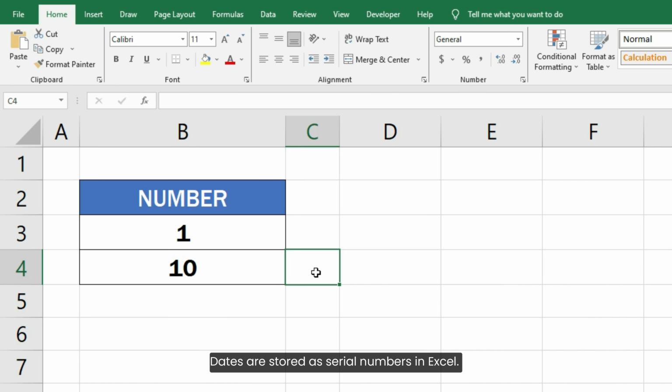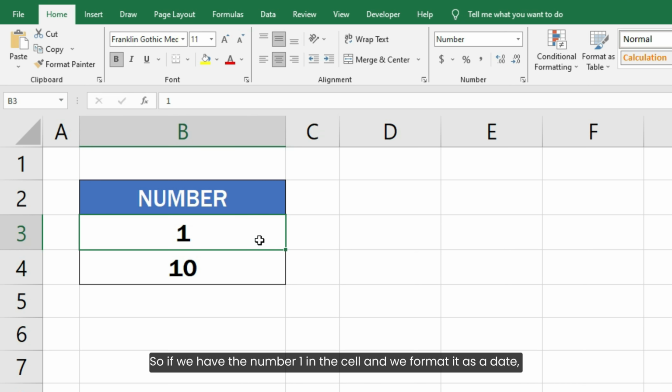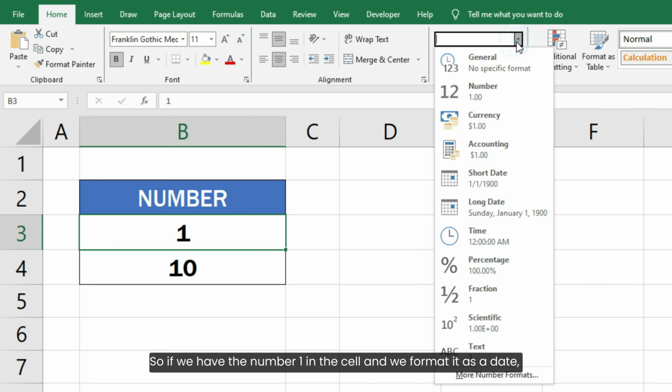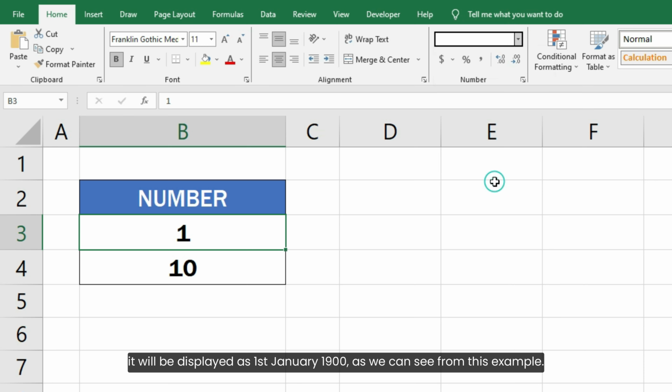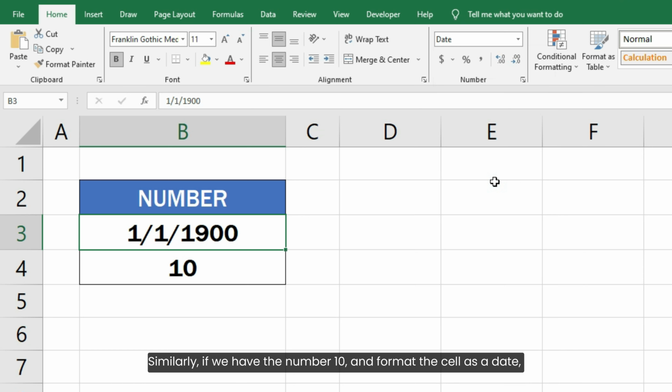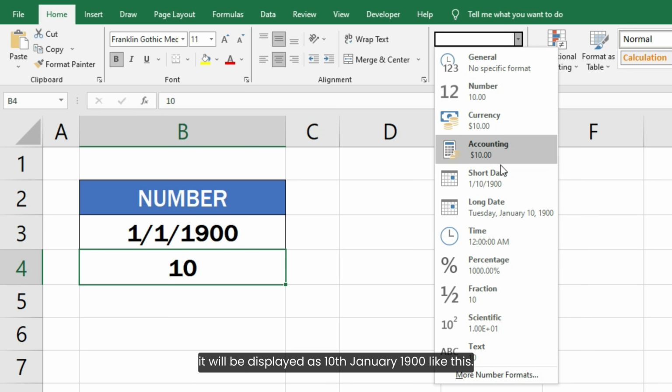Dates are stored as serial numbers in Excel. It starts from the 1st January 1900, which is represented by the number 1. So if we have the number 1 in the cell and we format it as a date, it will be displayed as 1st January 1900, as we can see from this example. Similarly, if we have the number 10 and format the cell as a date, it will be displayed as 10th